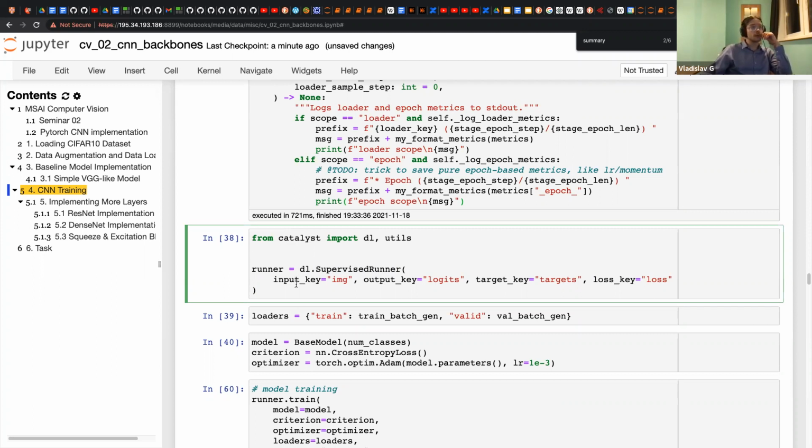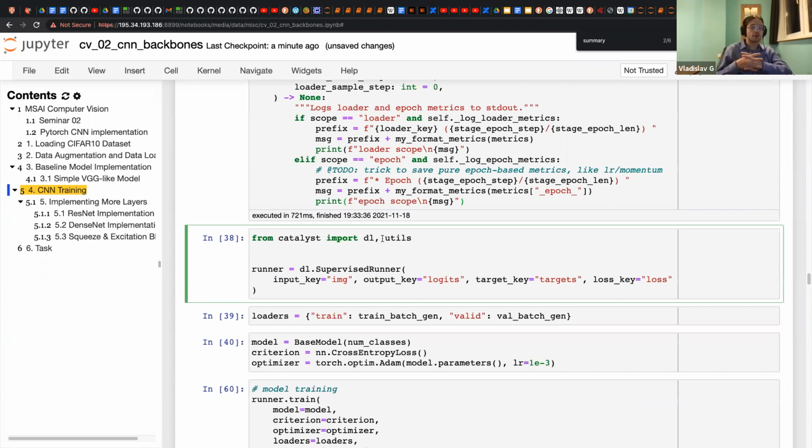And here we should put the input key and output key for our model. Catalyst requires our dataset to return a dict, and in Catalyst, everything that is returned is a dict with some keys.